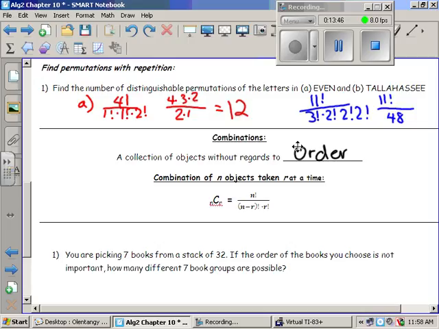Okay? The only difference from the original formula is it's n factorial over n minus r factorial, so it's just like permutations, but then you multiply by r factorial again. R is the number of groups you're going to make, like groups of 3 or groups of 2 or whatever. Okay? So